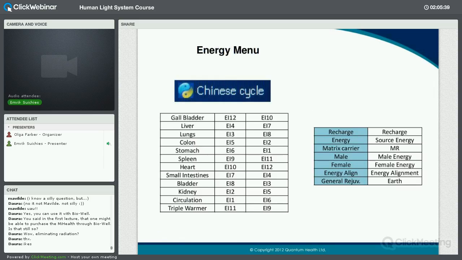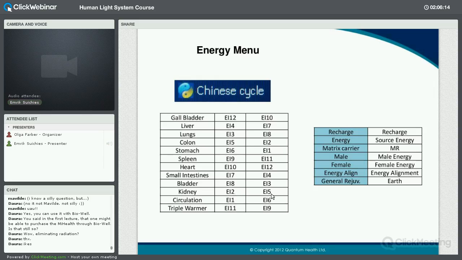This is about the Chinese cycle, TCM. It takes 24 hours, and what you see is that every meridian has its own time in which it's active and when it's resting. And every 2 hours, the different organs are reset again. So, for example, at this time our kidney is active, and then the meridian of the